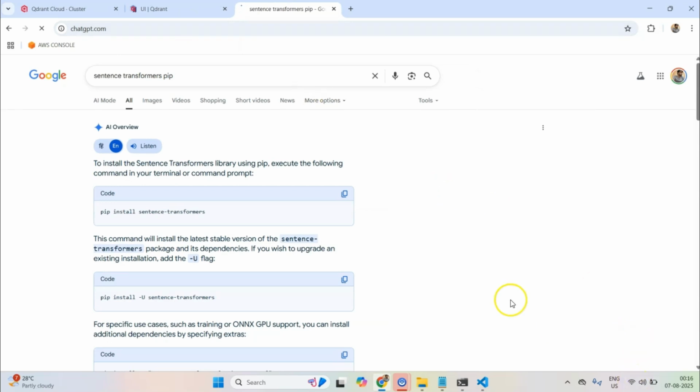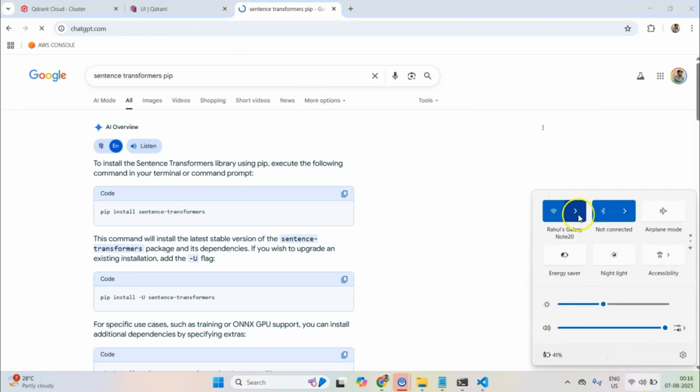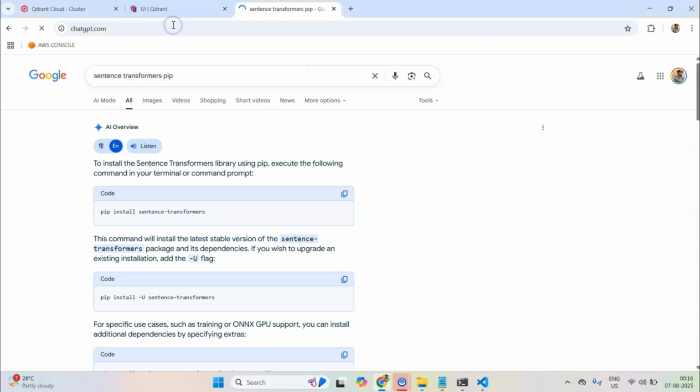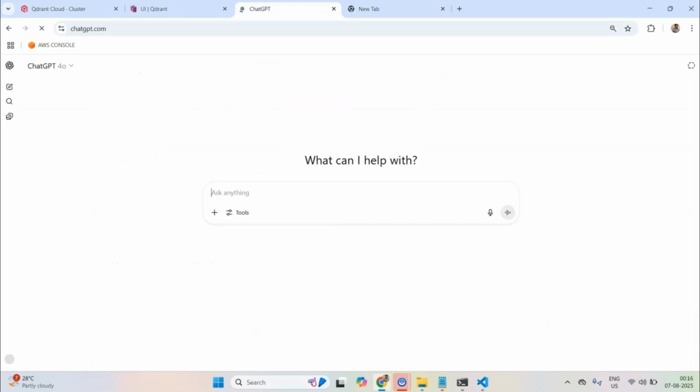Let me change my internet connection. Yeah, so this is loaded.